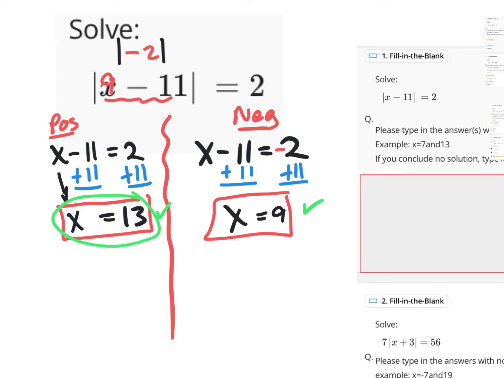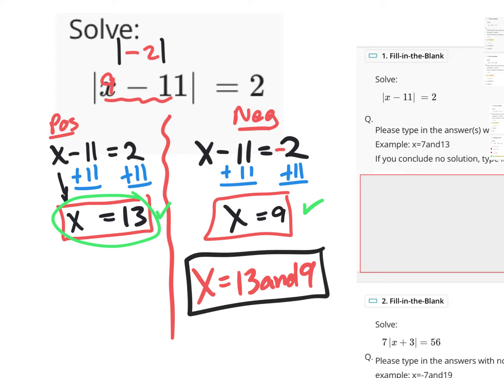So what should we write as a final answer for this first question? X equals 13 and 9, no spaces between the terms. Now normally, if it were an open response test, I would just write x equals 13, x equals 9, write both of those together. But in this case, the specific instructions say type in x equals 13 and 9, the word and, with no spaces between anything, right? No space between the x and the equal sign, no space between the equal and the 13,